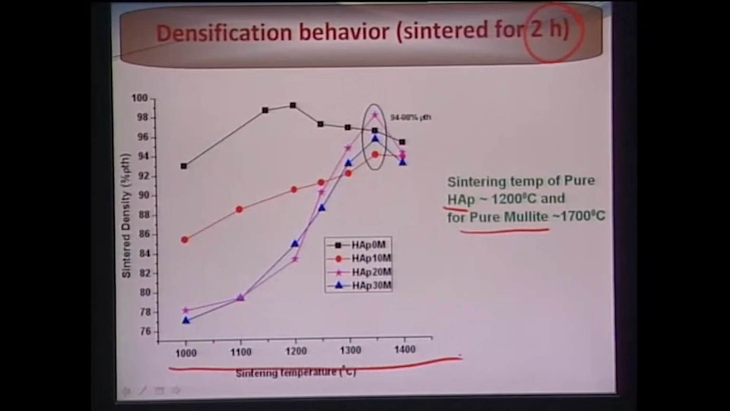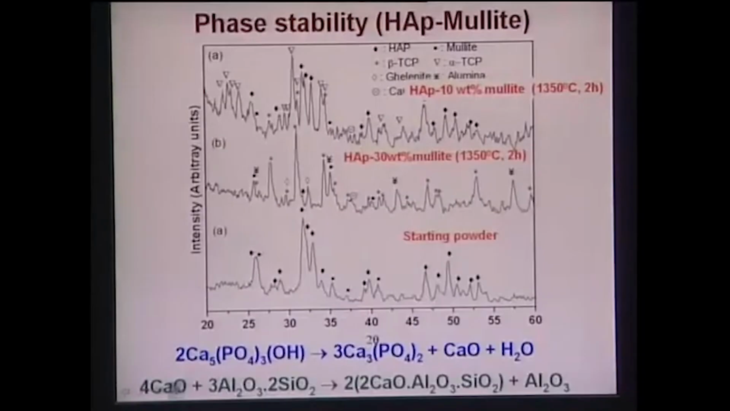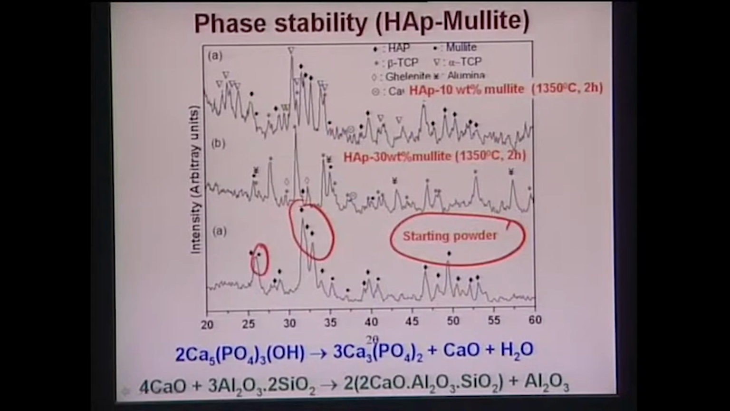Now, if you look at this around 1300 to 1350 degrees Celsius, you get close to 90 to 95% theoretical density. Now, this is XRD spectra, and this XRD spectra essentially tells you that when you have a starting powder, you have this characteristic hydroxyapatite peak and you have also the mullite peak. Now, when you add this 30 weight percent mullite or 10 weight percent mullite to this material and sinter them